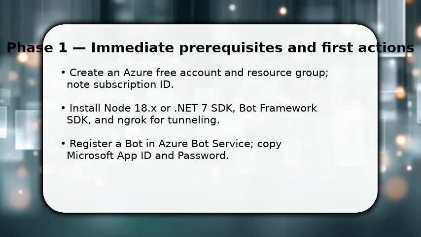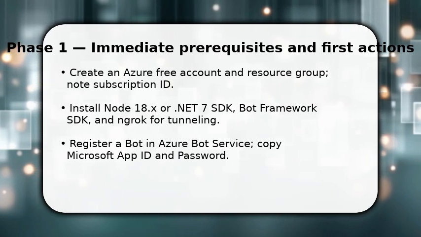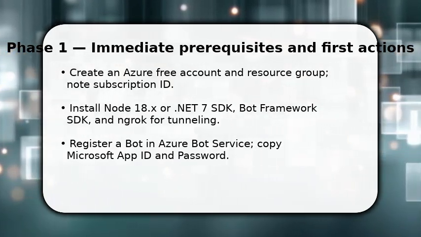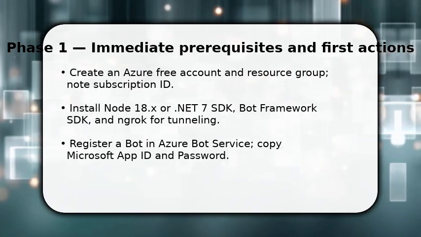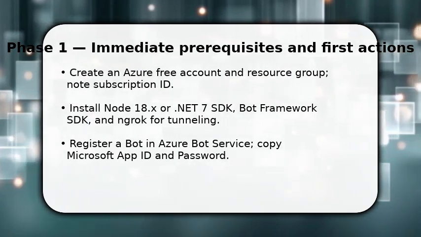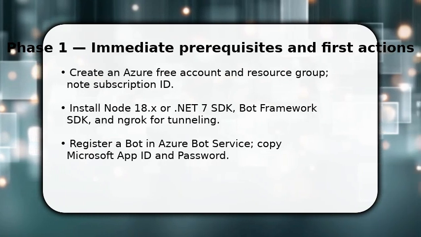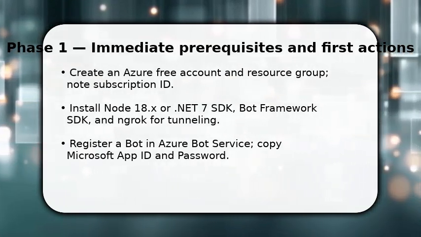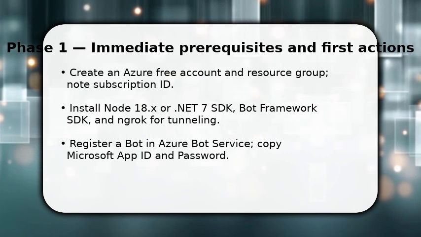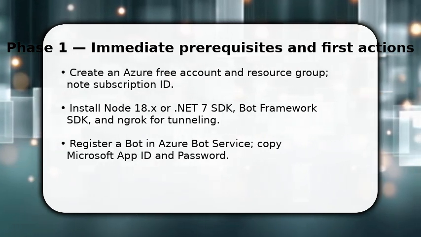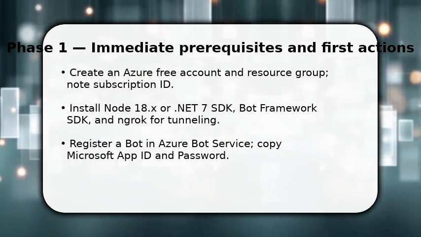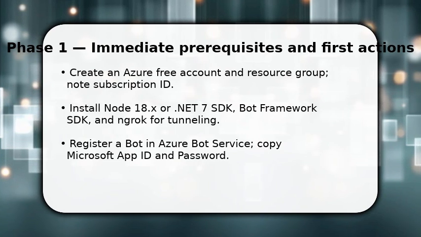You'll begin by confirming 3 essentials: an Azure subscription, a runtime like Node or .NET, and a tunneling tool. Create a resource group, then register a bot to get the Microsoft App ID and password, and store them securely. Next, scaffold a new Bot Framework project using the SDK CLI, and choose an echo or dialog template. Once done, run ngrok to expose localhost and set the messaging endpoint in Azure so you can test immediately from